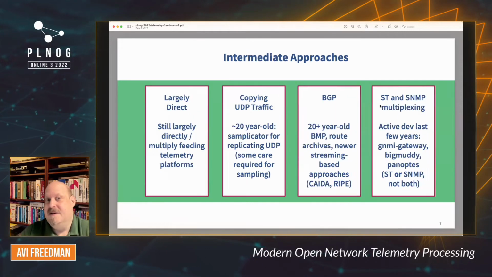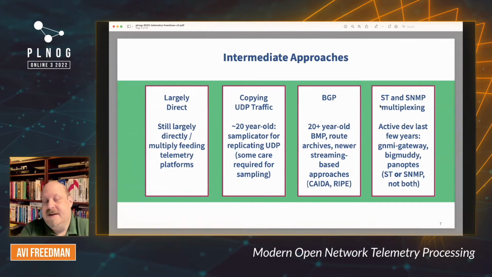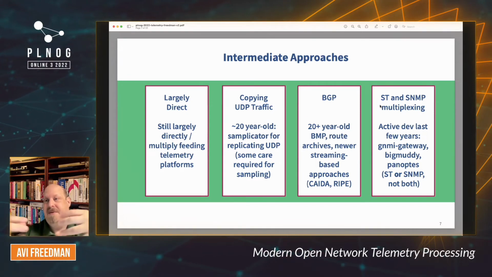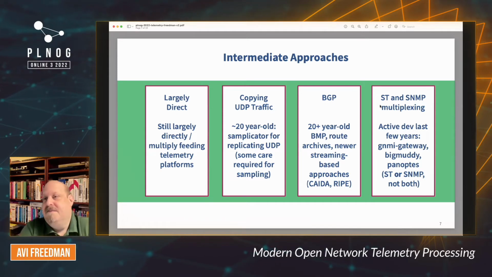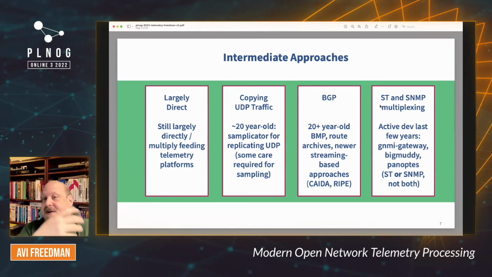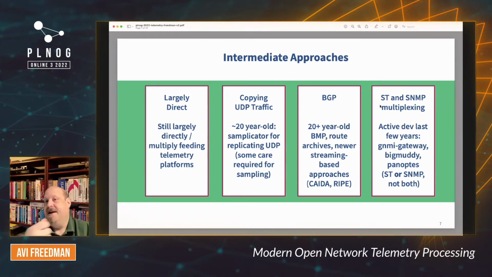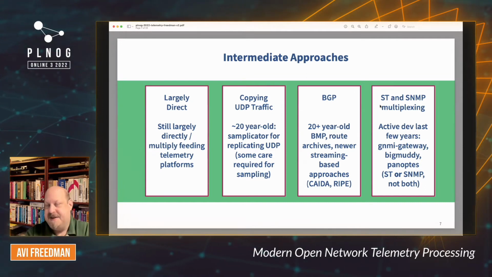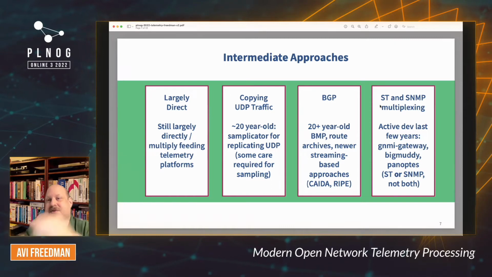I think that is changing. What we saw over the last really 10 to 20 years is mostly routers copying their telemetry or being pulled multiple times by multiple systems. But for example, for NetFlow, SFlow, IPFIX, for things that are UDP based, there is something called Samplicator that would replicate UDP traffic. So already the idea of creating a bus so as to reduce the load on the router